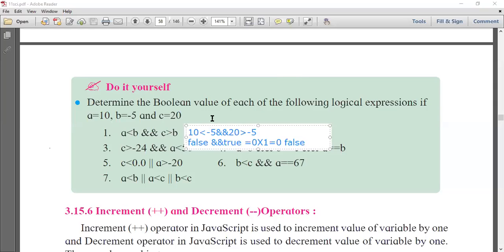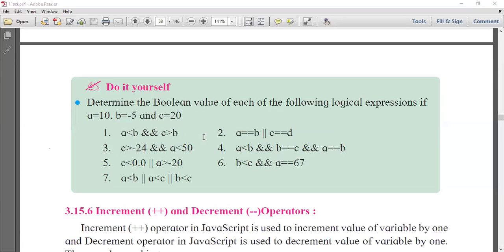Okay, accepted. Now see here, A is equal to 10, B is equal to minus 5. So here we are substituting values: 10 less than minus 5, ampersand ampersand, next is 20 less than minus 5.